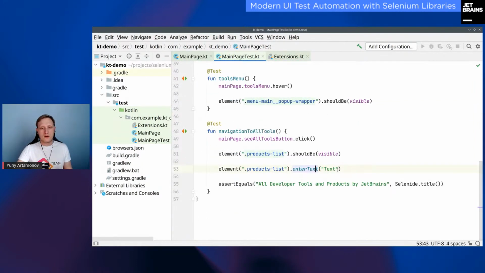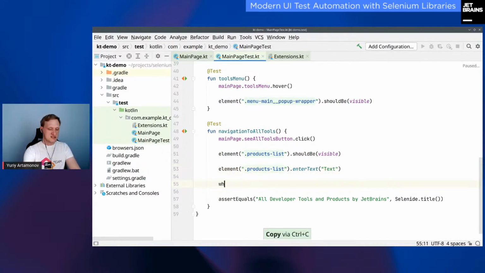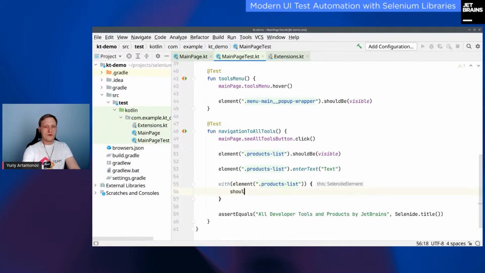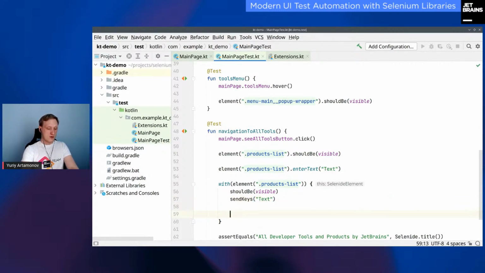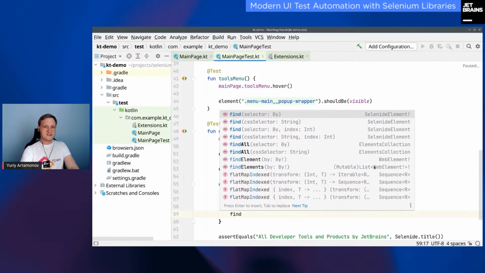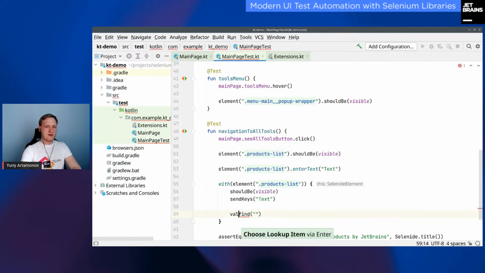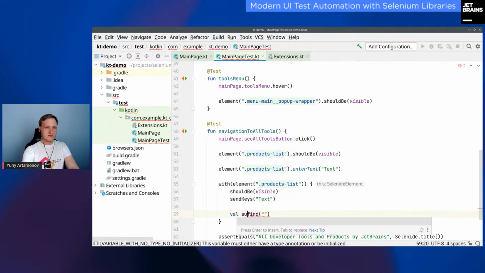One more convenient way of doing UI tests with Kotlin is DSL methods. For instance, with a special with method, you can simplify your code if you need to perform many calls on the same element. For instance, my element should be visible. Then I'm gonna send keys there, like text. Also, I wanna then go and find some sub-element of this element. It will be, I don't know, sublist